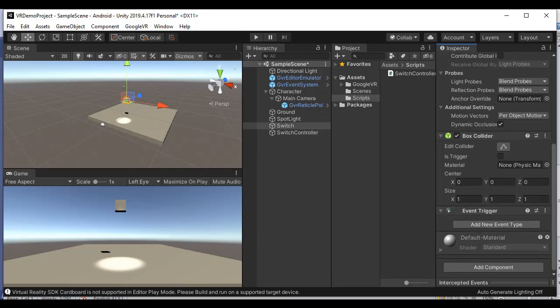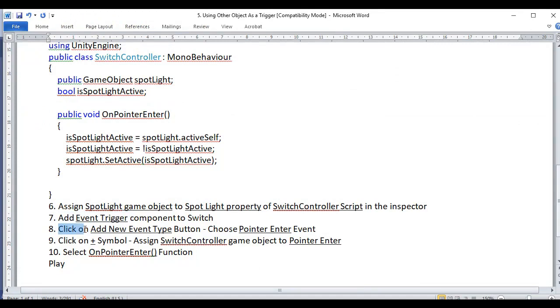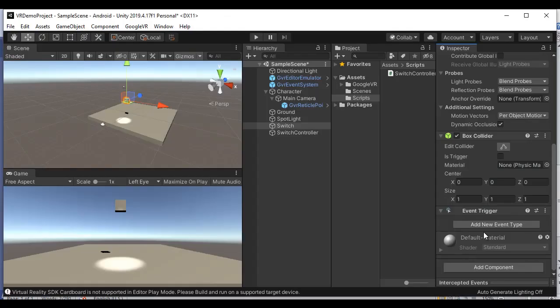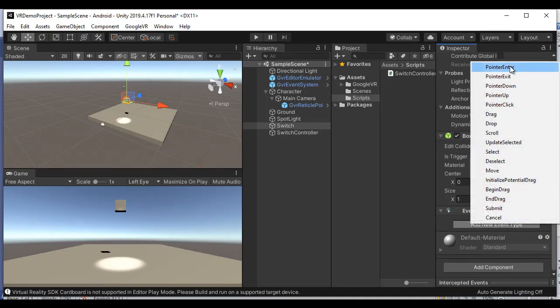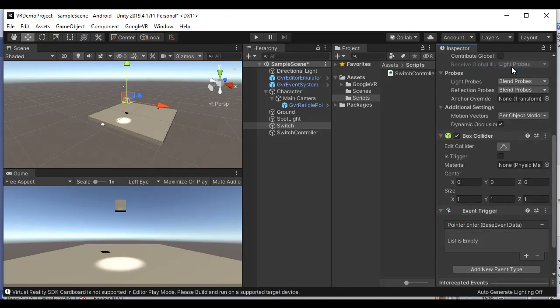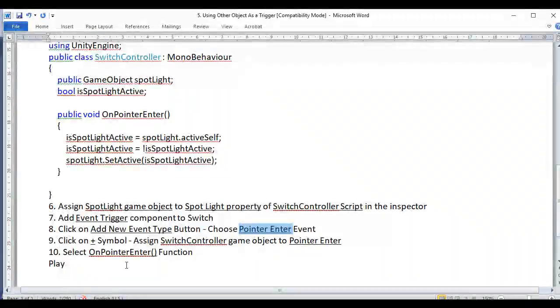Next, we click on the add new event type button and choose the pointer enter event. Next, we click on the plus symbol and assign the SwitchController game object to pointer enter.